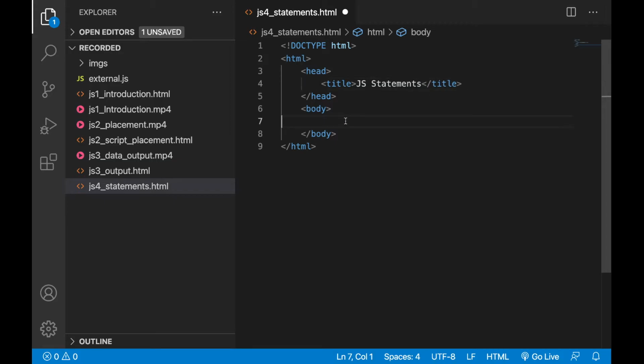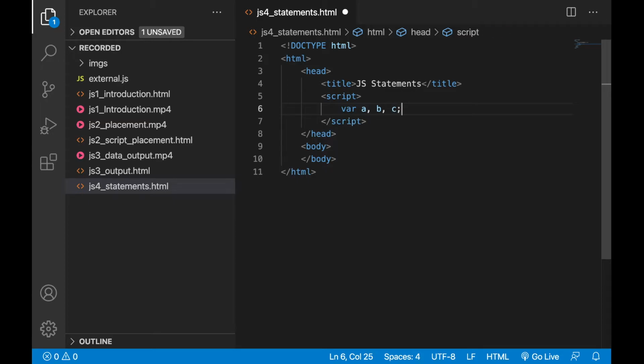Here, in the body, I can write the HTML part, but leave it. Here you can write some script. JavaScript we will write inside the script. First, I am declaring variables a comma b comma c.